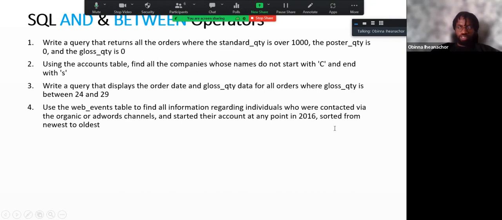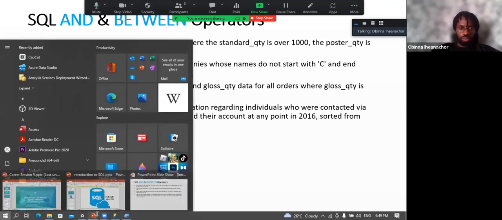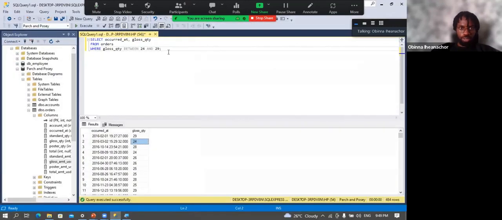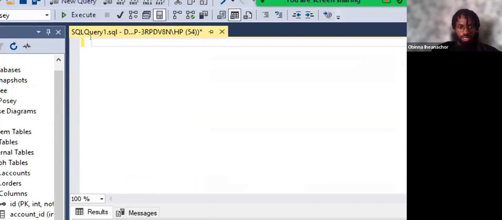And then what are the results? From newest to oldest. That means in descending order, from the most recent to the oldest. So let's do this. It's a bit complicated, but take it in steps. So select star from the web events table,